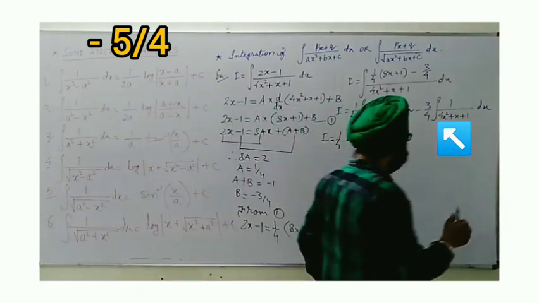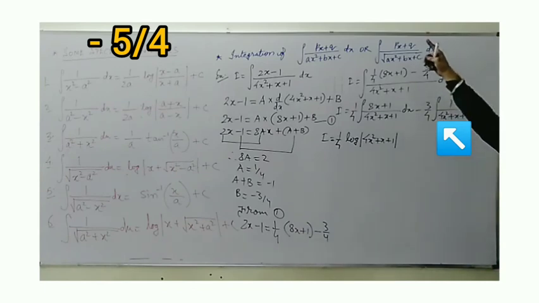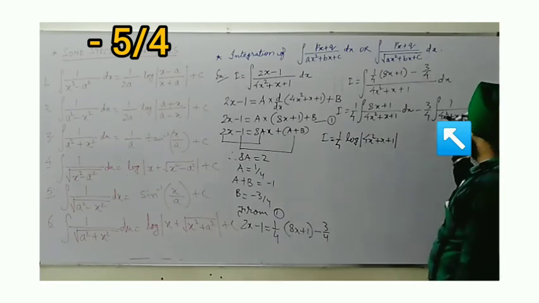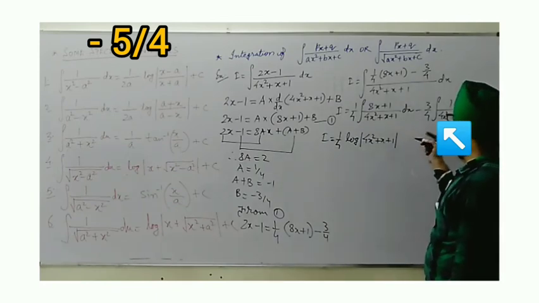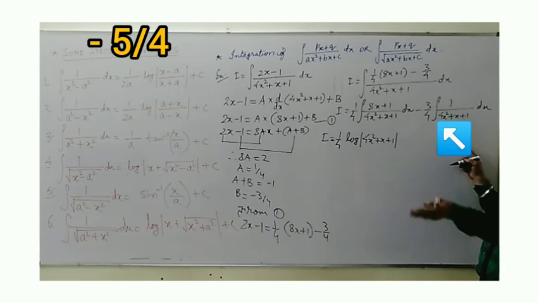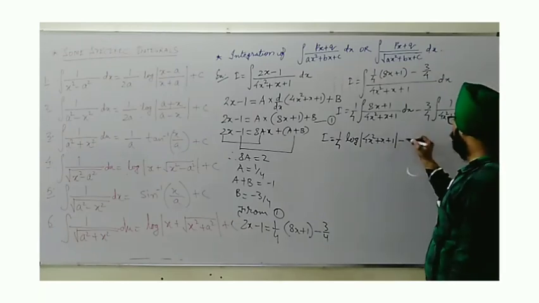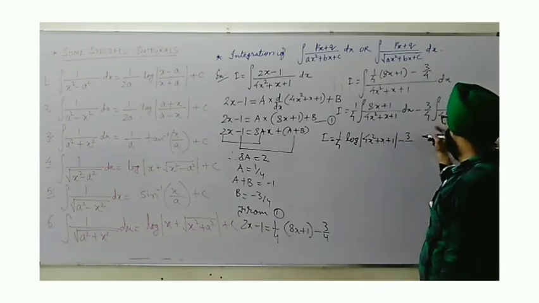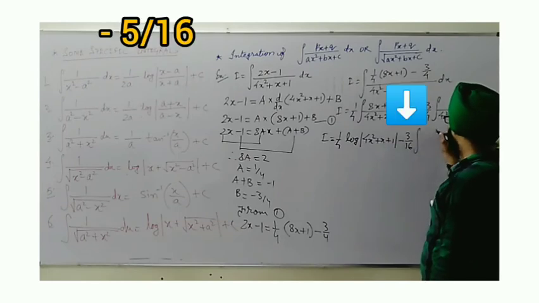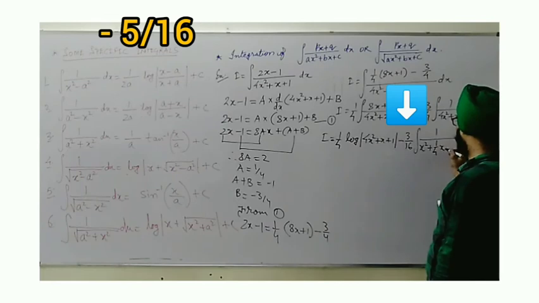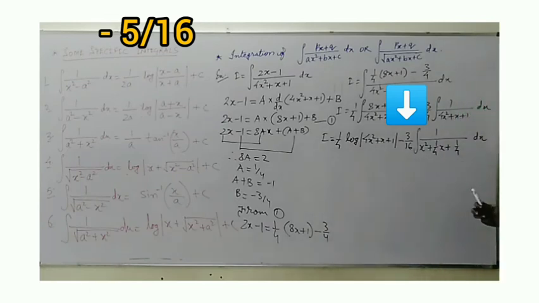Now the second part becomes similar to the previous patterns we have seen. Here we need to complete the square and then we have to solve. So let's see what happens. First of all, 4 will be taken, or you can take I1 separately and solve it. Here we will take 4 common, it is 16, 1 upon x square plus 1 by 4 x plus 1 by 4 dx. Now we need to complete the square.